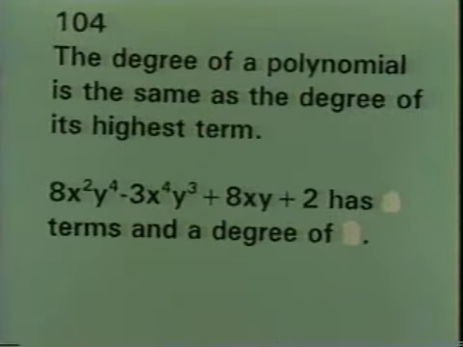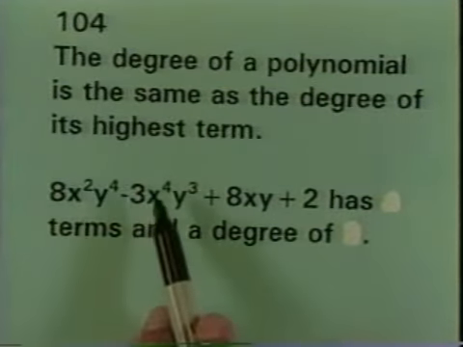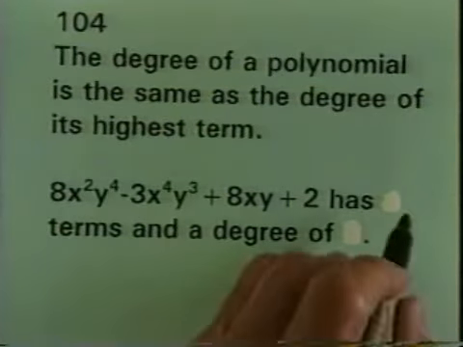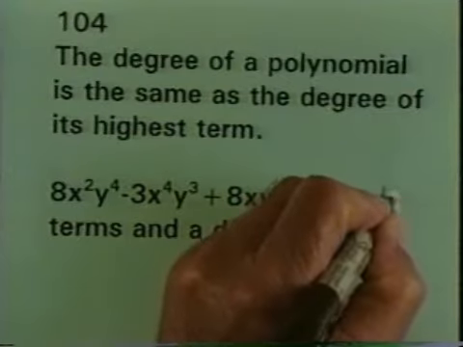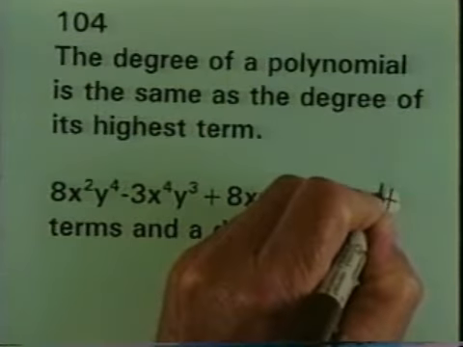I want you to think about it just a moment. How many terms do we have in this polynomial? Let's count them. 1, 2, 3, 4. So it has 4 terms,